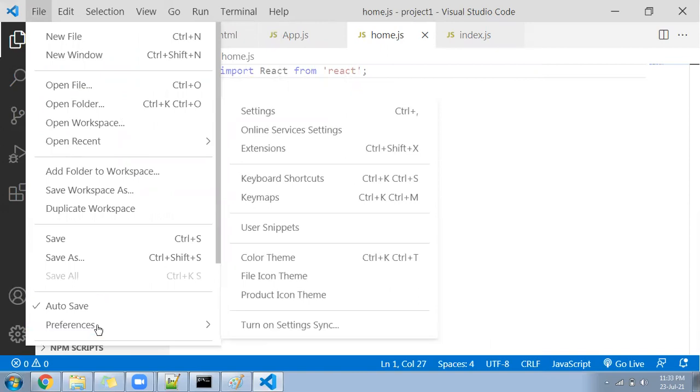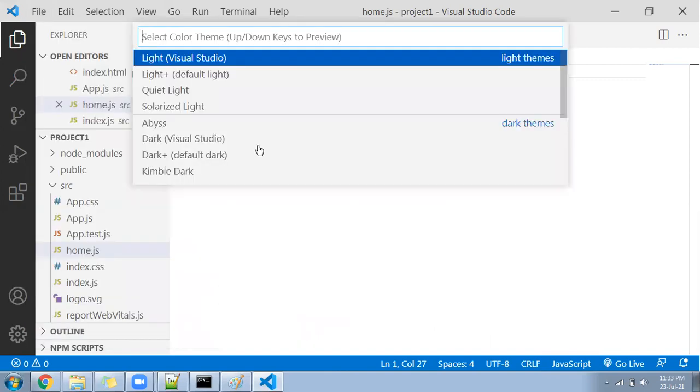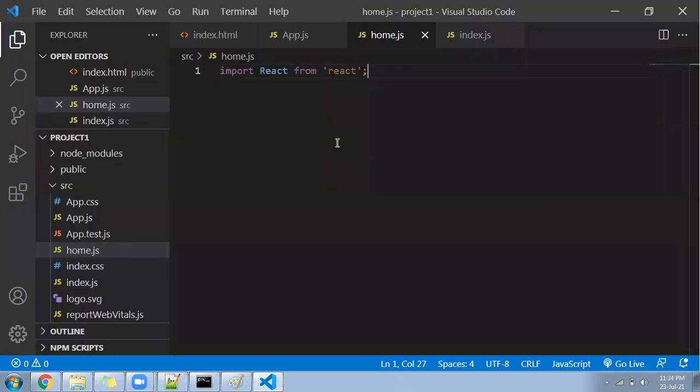Preferences, color theme. Yeah, it is here. Version wise, they'll keep on changing. Color theme: default light, something dark, Visual Studio dark, default dark. I selected the default dark. Now see, it came in a different color combination, and hopefully it will be helpful for you.